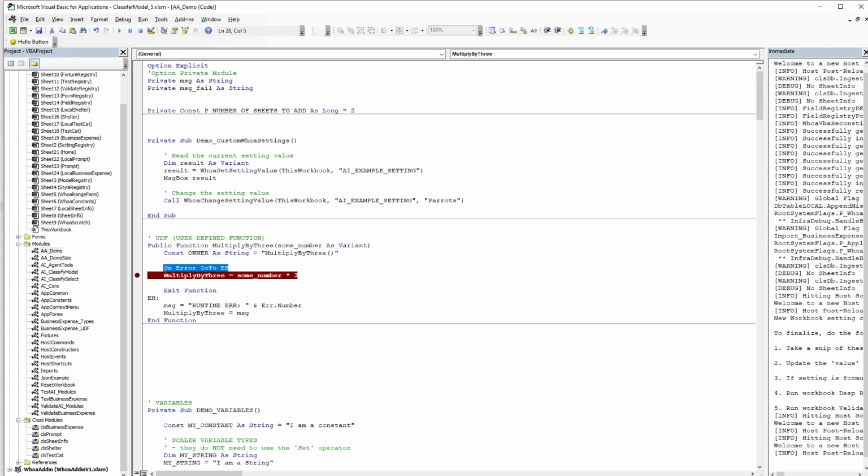So before this line, when it hits this on error go to EH, that's short for error handler, it changes the mode that it's interpreting the code. If any error happens after this line, it's going to jump straight to this block. That's what the go to does. This is one of the few instances where go to is good to use. Otherwise, this paradigm of being able to jump to a line in code is very controversial and